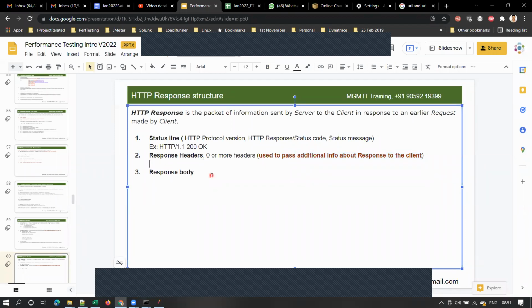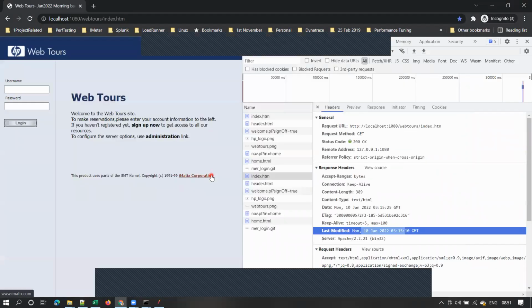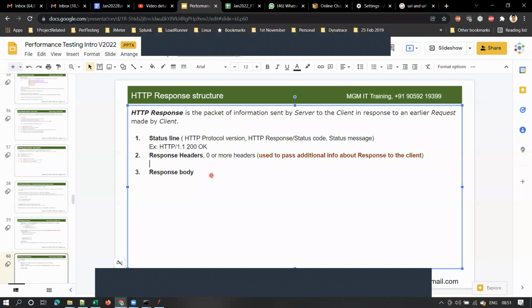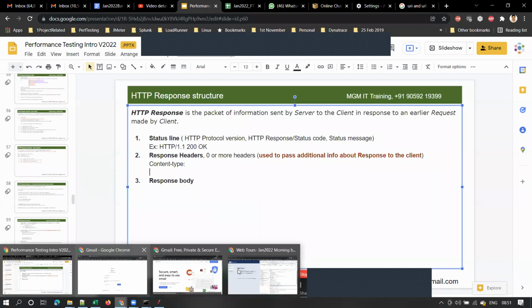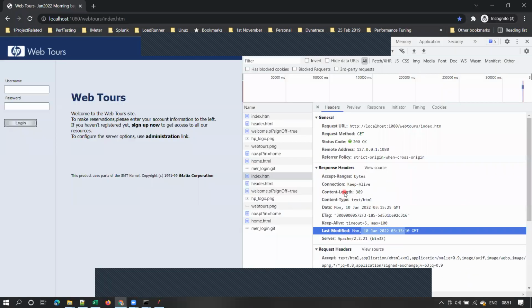Let me list out some important headers, okay? Content type is one important. Those headers are coming from client side only, no? Server side, from the server. Content type is one important header. From your server. See, in this case, my server is running on my local machine only, so I got it from the Apache server. These headers come from the server.